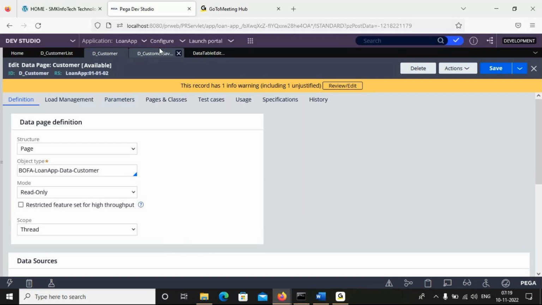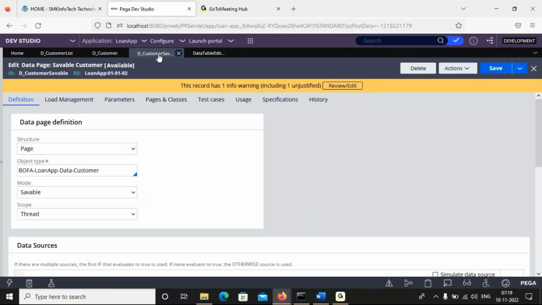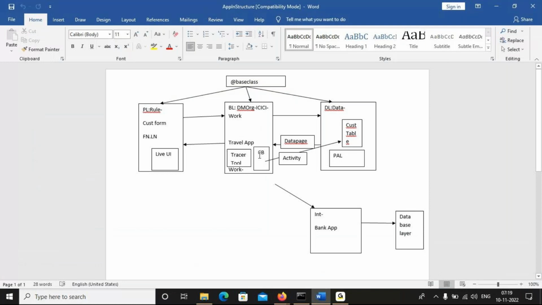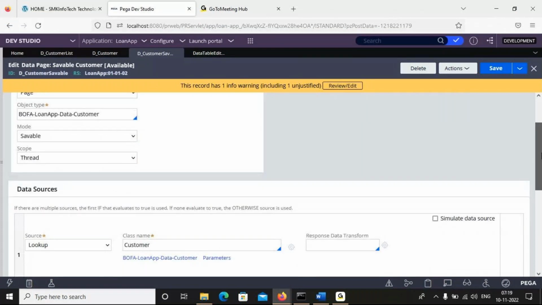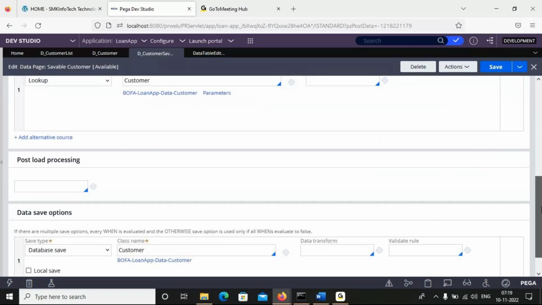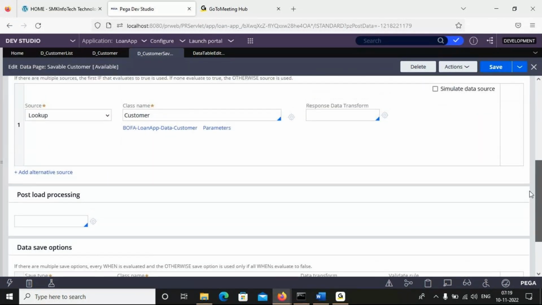But what about savable? For saving, for updating purpose. I want to send the data from the business logic layer to the database layer. Right now we were coming in the reverse direction. In savable mode, in this table, I want to save the data. So, two things. Which is the scenario?